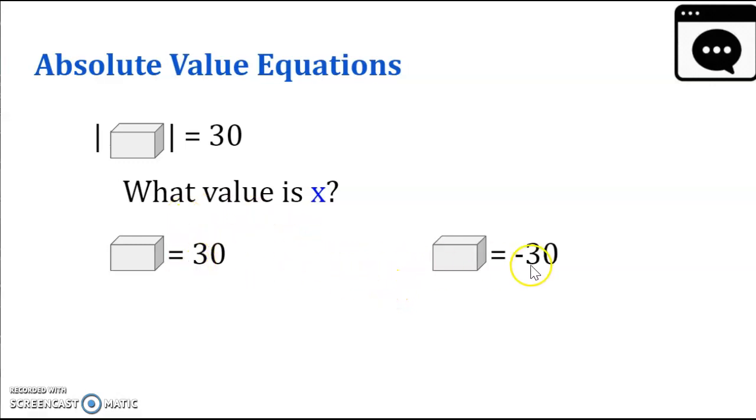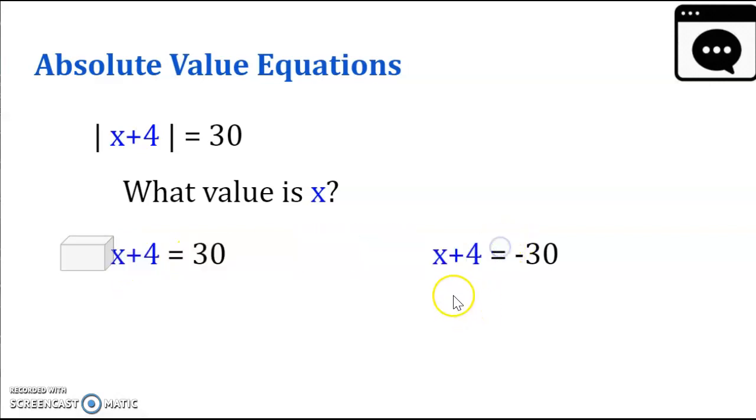Because whether it's positive 30 or negative 30, once you apply the absolute value, it's still going to give 30 as your final answer, because the absolute value of negative 30 is also 30. So then we can open the box and reveal that x plus 4 is 30, or x plus 4 is equal to negative 30. And from there, what do I do? This is a one-step equation. I want to find what x is, so I'm going to subtract 4 from both sides, and that leaves me with x is equal to 26, and subtract 4 and x is